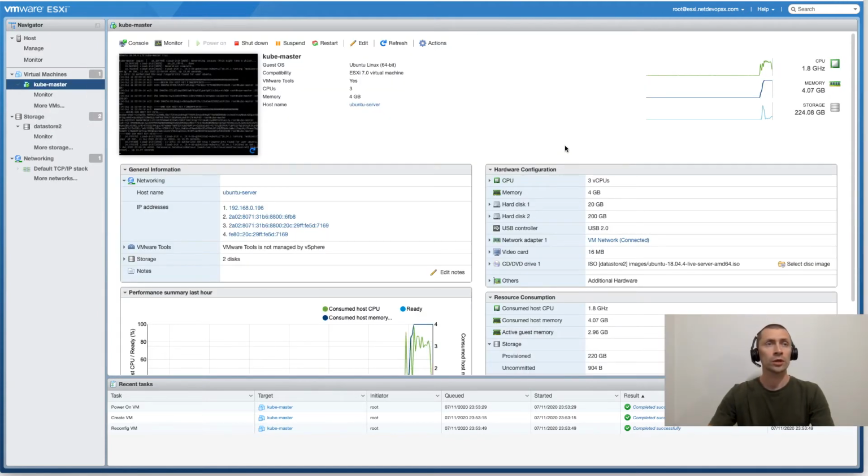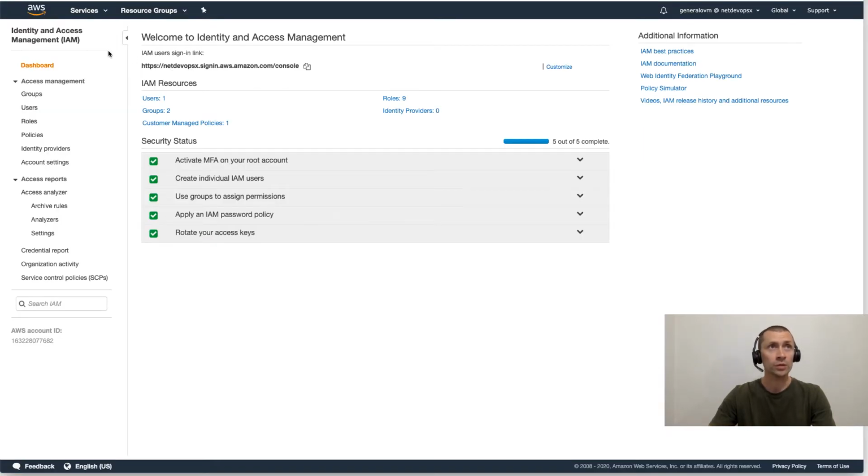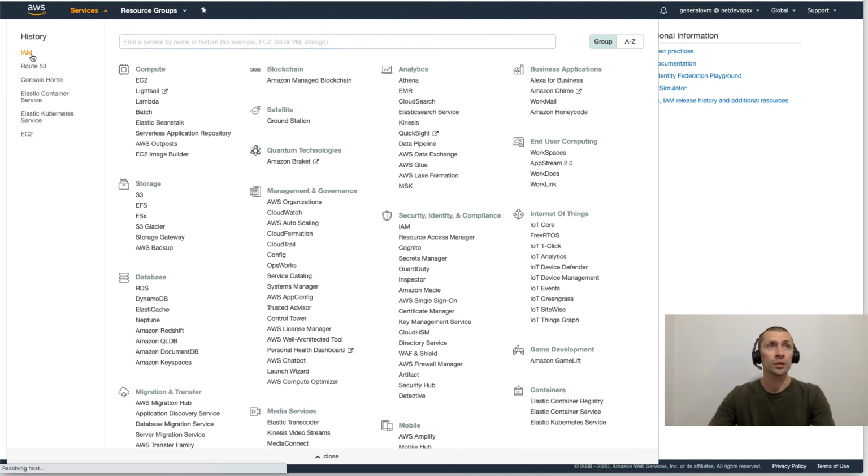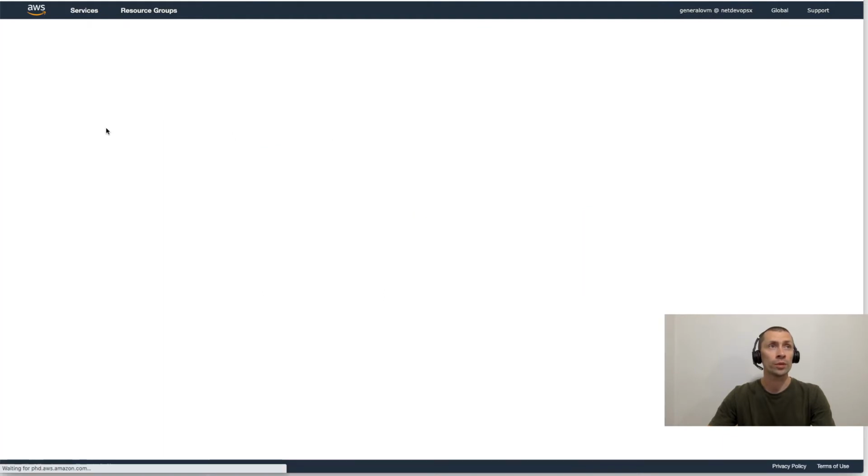Okay, good. Now we have a freshly installed Ubuntu server, and we know the IP address which we can use for login. But by the way, we need to prepare our AWS account. We need to create a special policy, and we will need to create the user which will be used by cert-manager. So let's open the AWS console, go to IAM and open the policy,